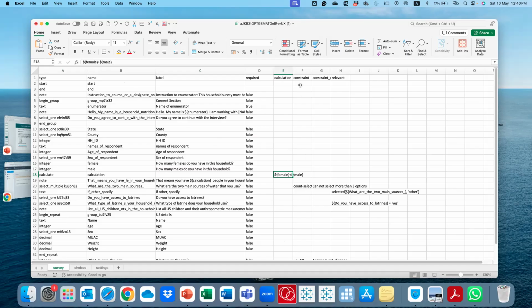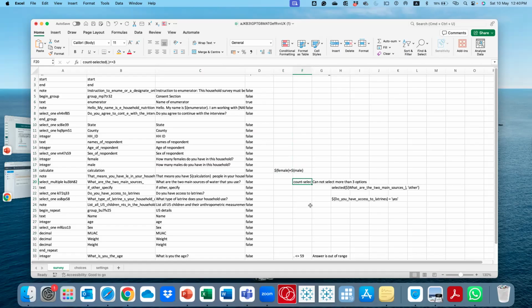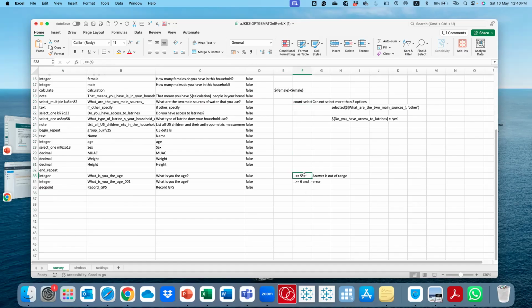And constraint, I think we had a constraint. One of the constraints that we just added was that the question about the age, when we were collecting data on under 5 children, we didn't want that response to be more than 59. So we wanted that response to be less than or equal to 59.